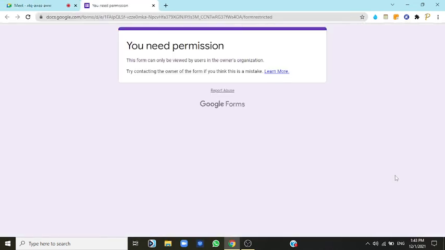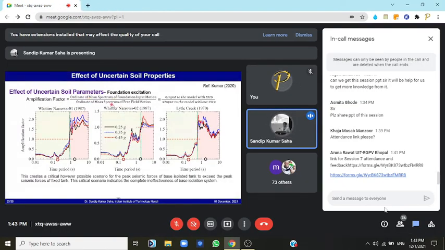So how we did it, as I explained in the earlier slides, is that there could be two different input motions. One is the free field motions and the other is the foundation input motions. So we applied the free field motions separately to the fixed base and base isolated structures, and we also performed the analysis as if the structure and the soil system are connected. So the amplifications have been plotted, and it has been